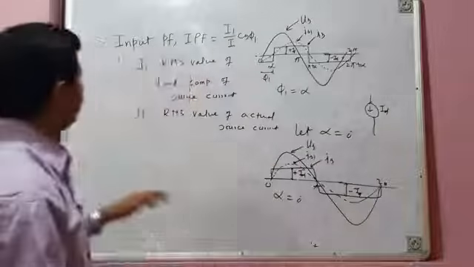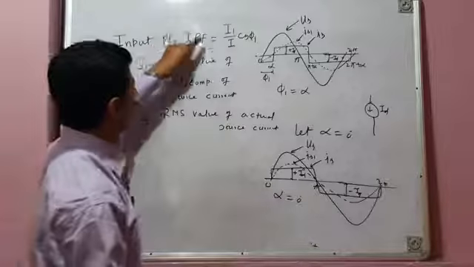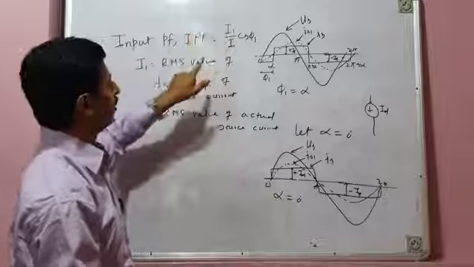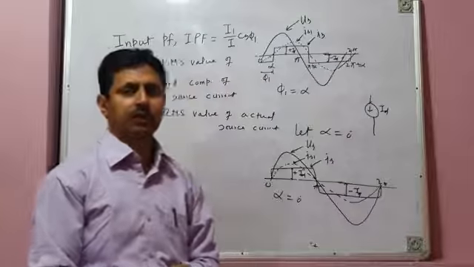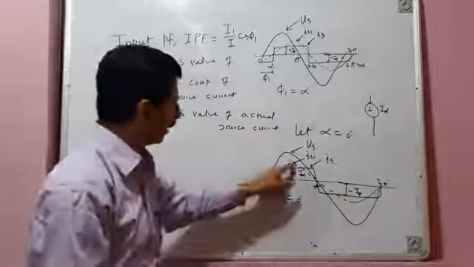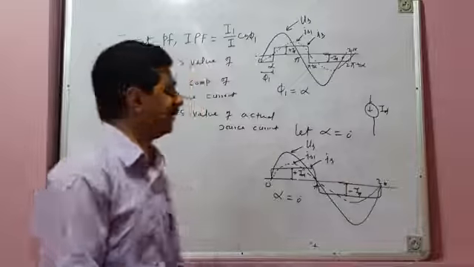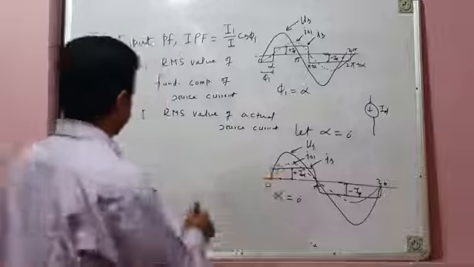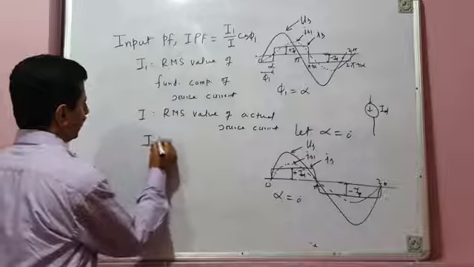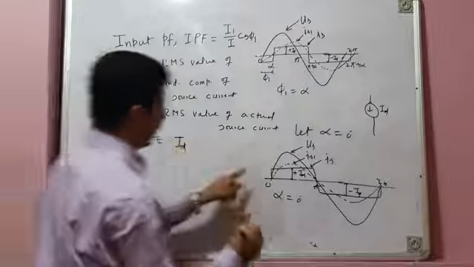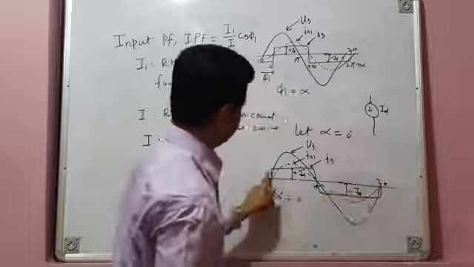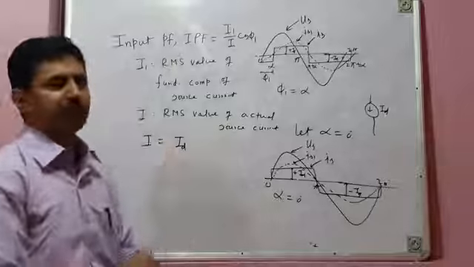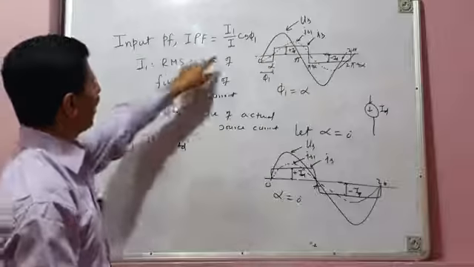So if you want to find the input power factor, it is given by this expression, I1 by I cos phi 1, where I1 is the RMS value of the fundamental component of source current. This is my fundamental component of source current. I am interested in finding its RMS value. And I is the RMS value of the actual current. If you find the RMS value of the actual current, it is simply equal to ID, because I is either plus ID or minus ID. Source current is the same as load current, so its RMS value is ID. So I know I is ID.